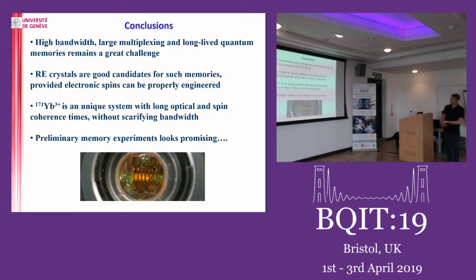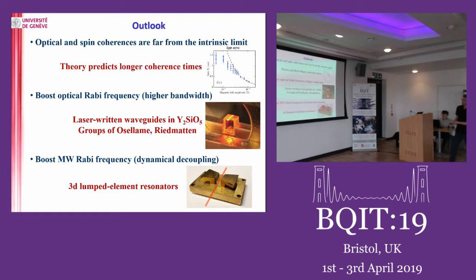So the way to go is that it's been shown by the group of Roberto Salam and Ytterbium that one can, on our favorite material, now engrave laser-written waveguides on top of this one. And using the field confinement, they already show that you can greatly enhance the Rabi frequency using the same optical power. But this is really new, and there are a lot of open questions about, for example, whether by making this waveguide you degrade the material properties. Do you have less coherence time? So this is an open question.